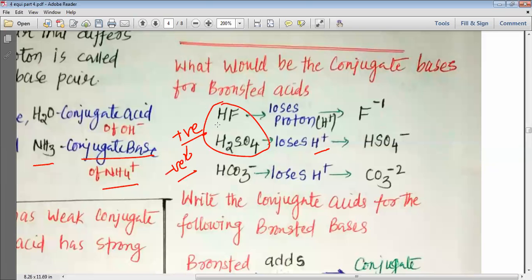So when you remove the H from HF, you will get F−. When you remove the H from H2SO4, you get HSO4−. Now here you have HCO3−, but you remove one H+, which is a +1 charge. So this negative charge becomes −2, and you